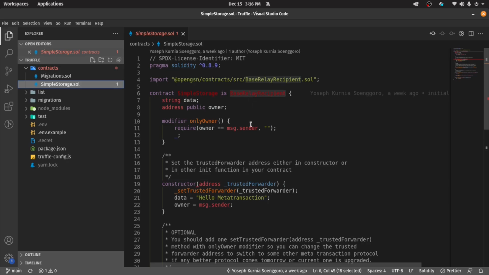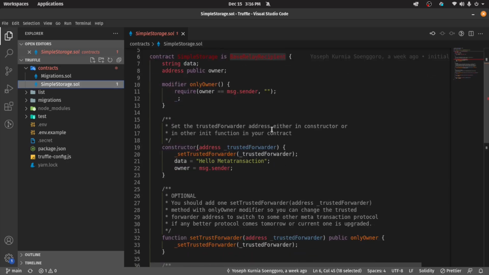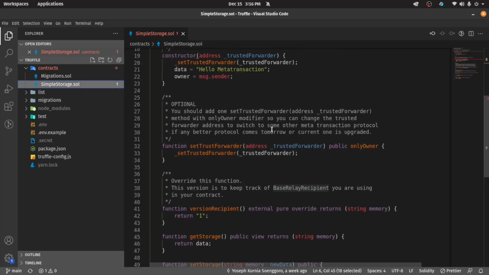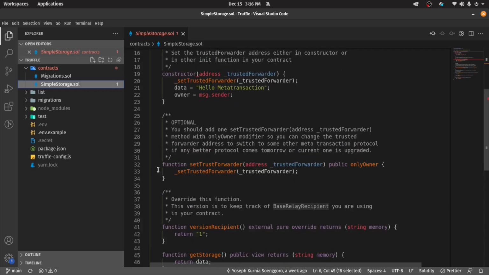And once that's done, the two functions that we need to add are this set trusted forwarder and the version recipient. This version recipient can be any version that we want. In this case, since this is the first version, we're just gonna return it as 1. The second one is the set trusted forwarder, which, if you see here in the constructor, we initialize using the